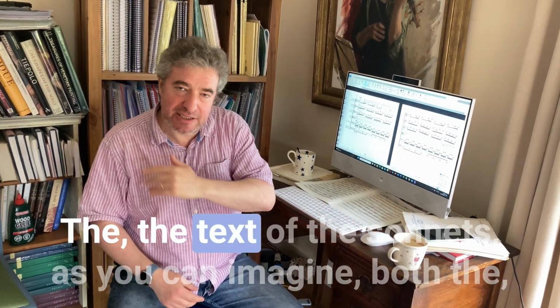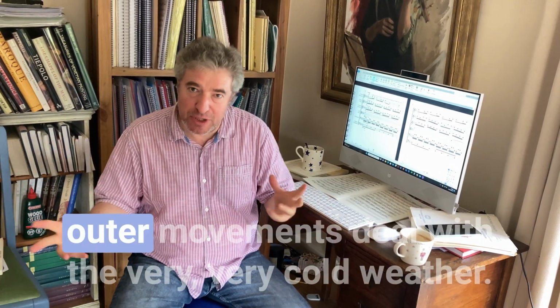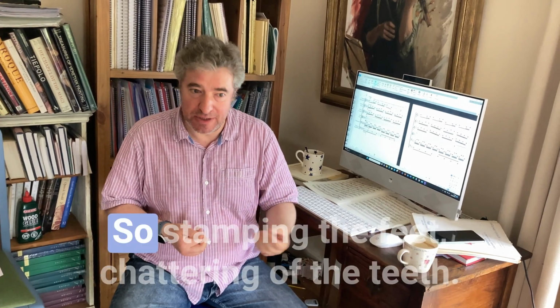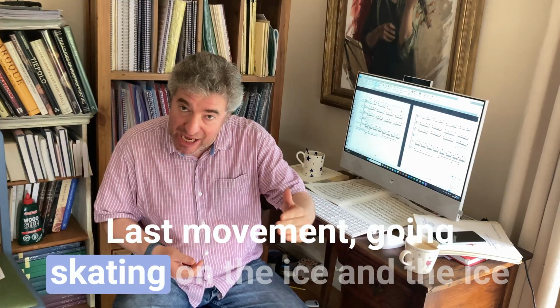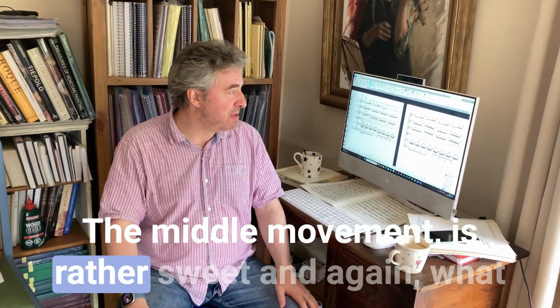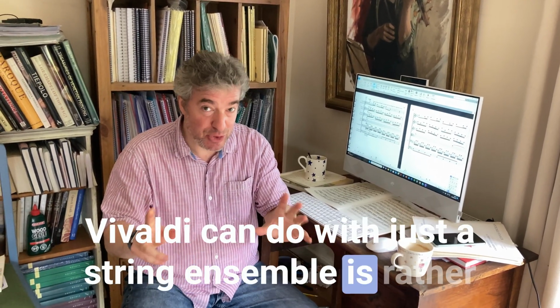The text of the sonnets, as you can imagine, both the outer movements deal with the very, very cold weather, so stamping the feet, chattering of the teeth. Last movement, going skating on the ice, and the ice breaks and you all fall down. The middle movement is rather sweet, and again, what Vivaldi can do with just a string ensemble is rather amazing,